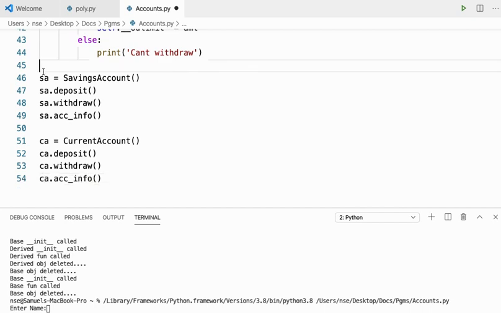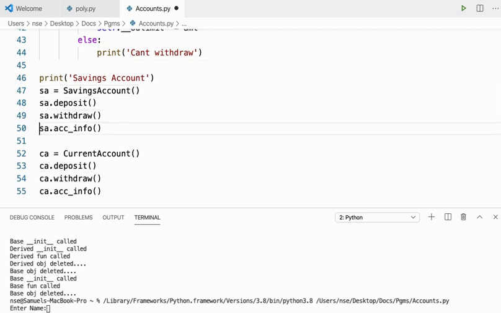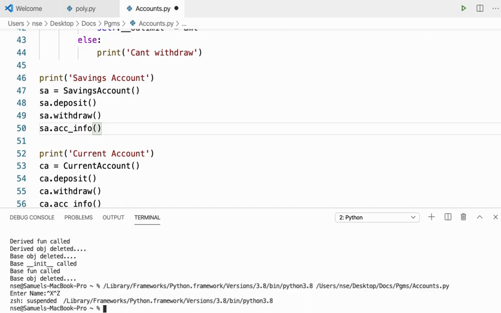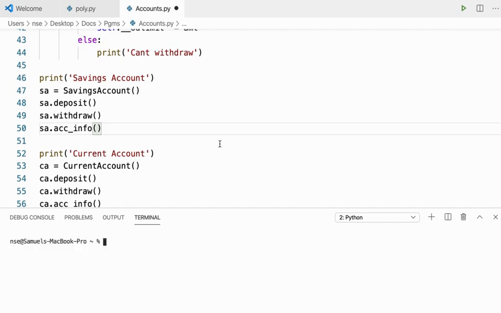Let me print savings account here, and I'll print current account here, just to differentiate. Or else we don't know what's happening there. So let me clear the screen, save it and try to run it again.